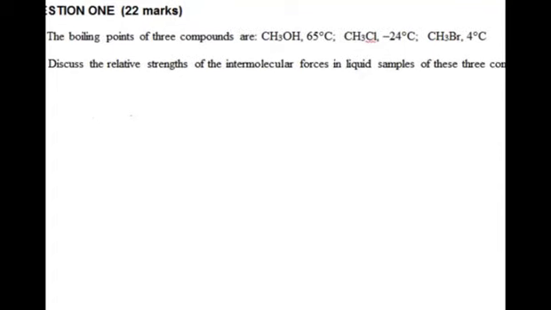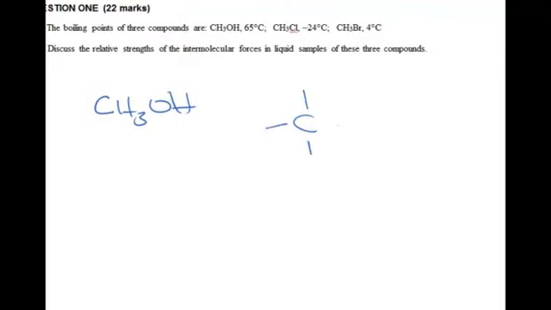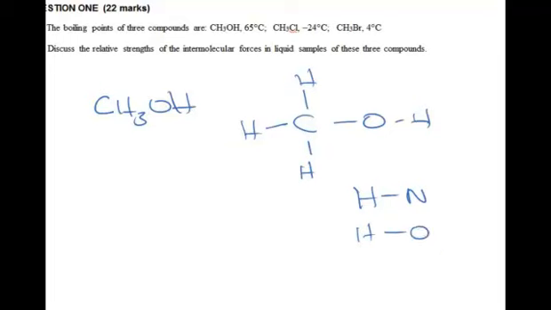Now this question is one that has to do with bonding. Obviously when we're looking at CH3OH, methanol, we're going to have three H's, an O and an H, and you should recognize that in this molecule the forces of attraction between it and another methanol will be to do with the fact that this has the ability to hydrogen bond. Anytime you have an H bonded to an N or an O or a fluorine, there's a possibility of that arising.